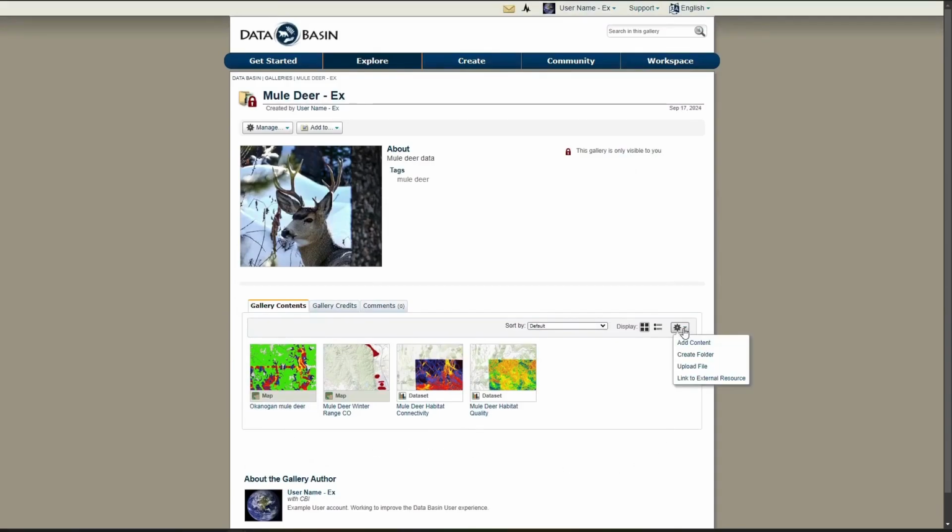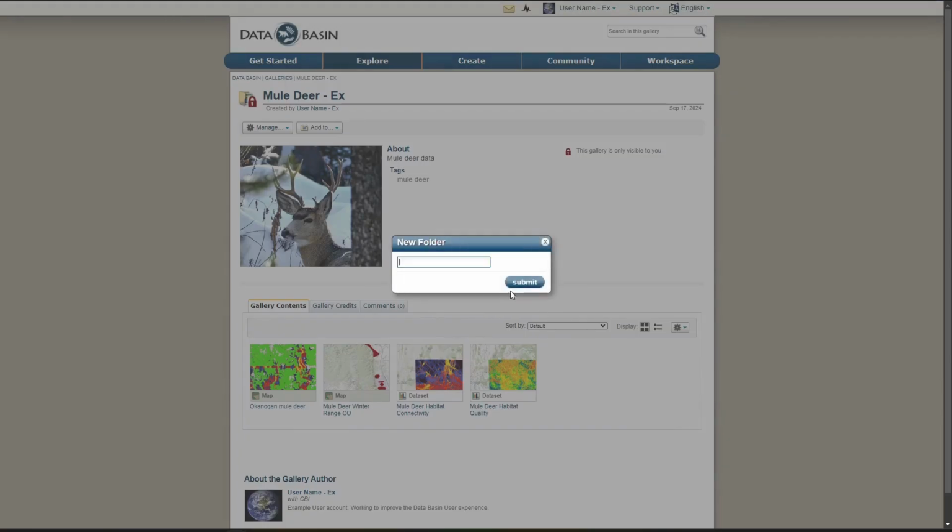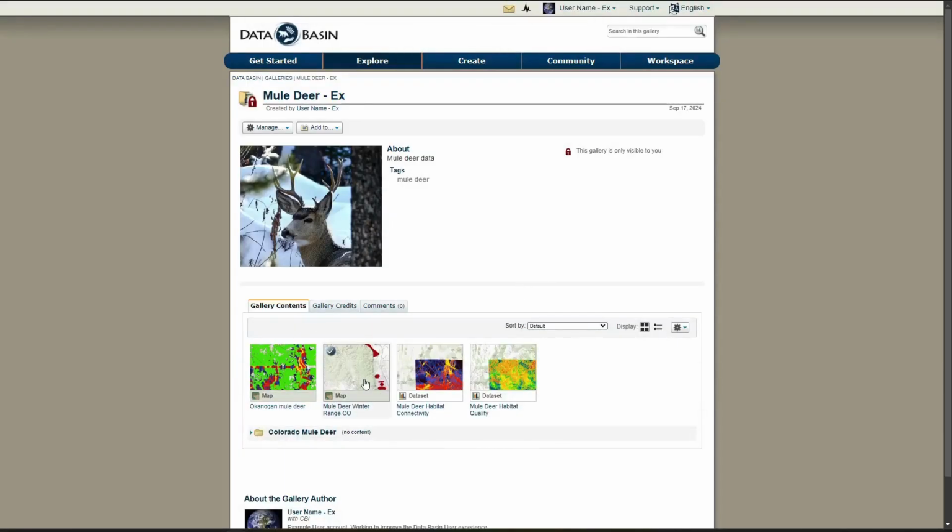Let's create some structure and create a folder. For this example, called Colorado mule deer. Since these data are from Colorado, now I can populate this folder the same way we just added content to our gallery. You can do that here, but since we have some content in our gallery already, we can select